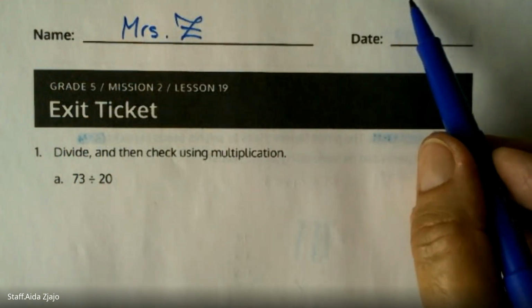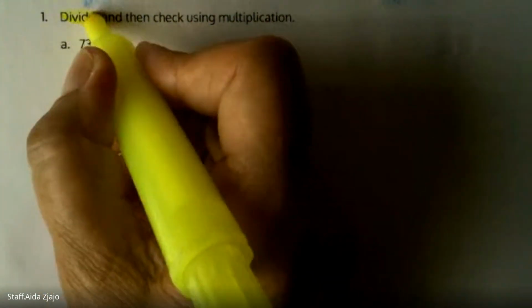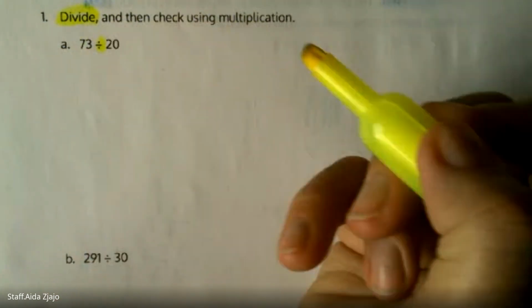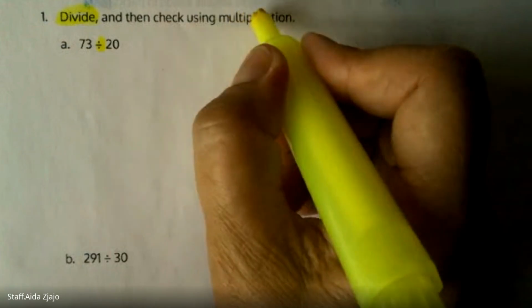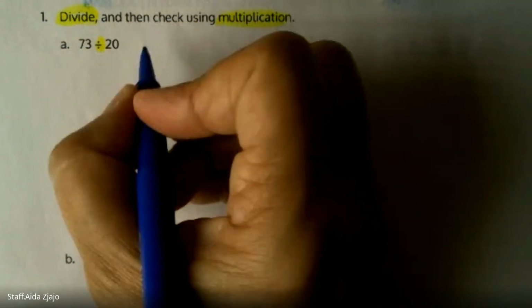It is grade 5, mission 2, lesson 19, exit ticket. Divide and then check using multiplication. Divide is this operation, and then check using multiplication. So what we need to do is